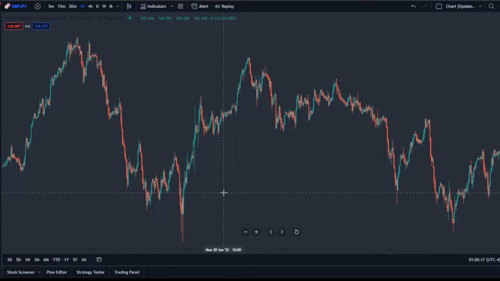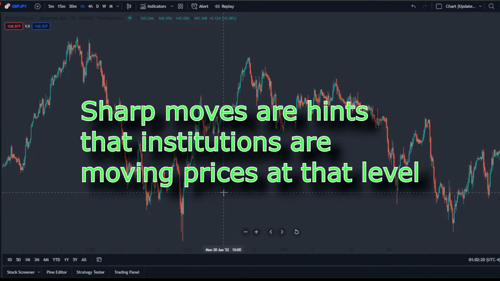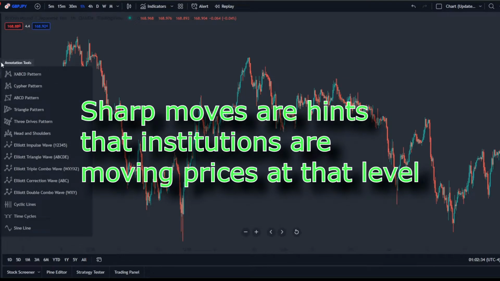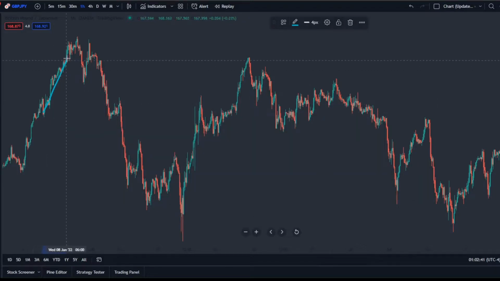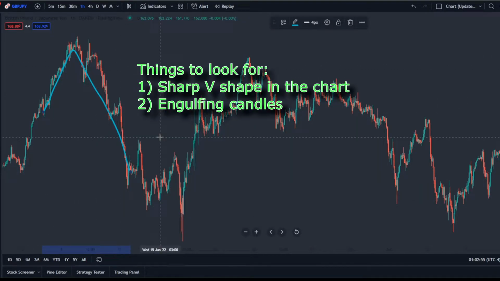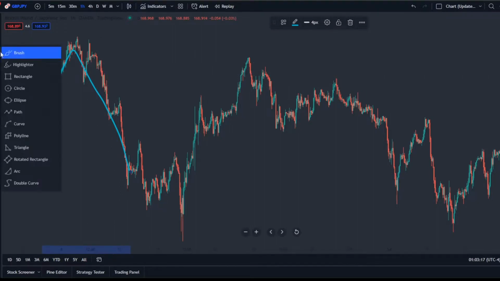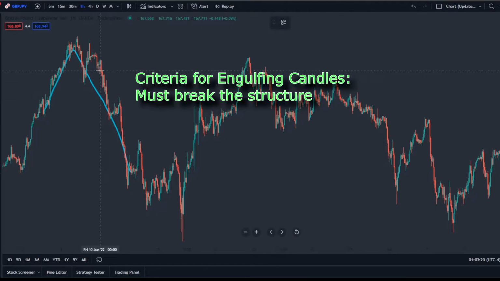So for this strategy, what we are looking for are two things. The first one is a sharp V shape that indicates a reversal, and also a market structure that forms a new support or resistance. So here is the V shape. The next thing that we are looking for is engulfing candles that follow the V shape here. The engulfing candles are not just some random engulfing candles. The engulfing candles that we are looking for are engulfing candles that close and are followed by a market structure